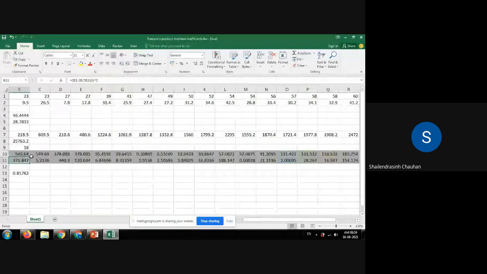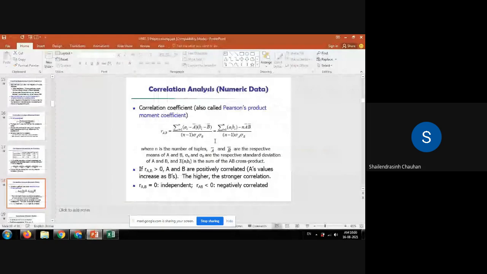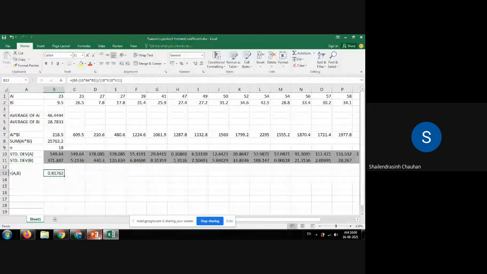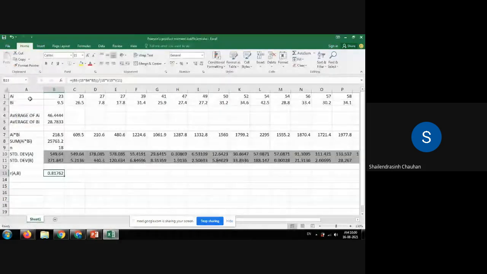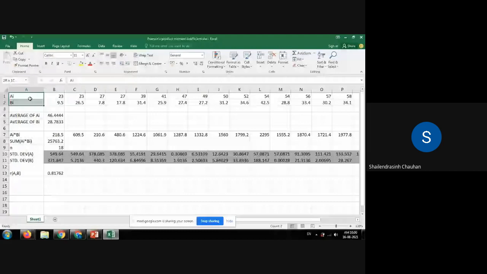And that you need to use in that formula, put all the values and find out the value that you are having, and you will get 0.81762. And as it is greater than 0, that means that both are positively correlated. And so it can be the stock price of company A, stock price of company B. They can give any name to these attributes. Two attributes will be there, and we need to find out what is the correlation of that kind of data, or those attributes.